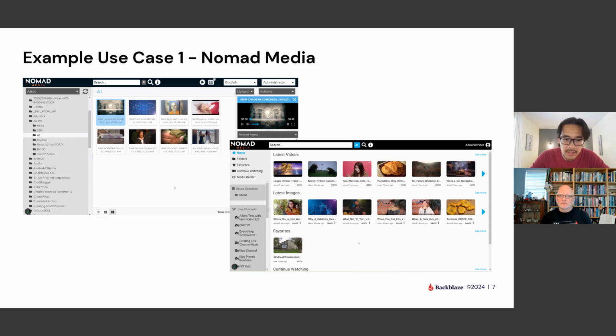So Nomad Media is a media asset management platform that transforms the way users manage, enrich, discover, and distribute their digital assets with Amazon Web Services. They have a flagship product called Nomad Media Platform, which I put on the screen here, as you can see. And what it does is that it delivers access to the massive power and feature sets of AWS through a clean and convenient user interface. So the challenge that they realized is that when they manage this massive amount of video content, they face the pressure of how to understand what is contained in these vast video archives.